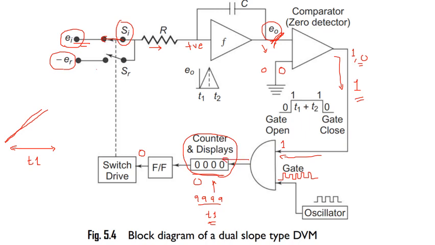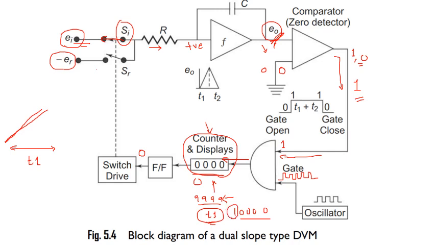If you get 1 clock pulse, it becomes 0001. Again you get 0002, and so on till 4 nines. You have to set up your counter and display so that once you reach a time of t1, you get 4 nines. Afterwards, the next clock pulse that you get makes these 4 nines become 10000. That means it is going to reset, and then there will be a carry here.